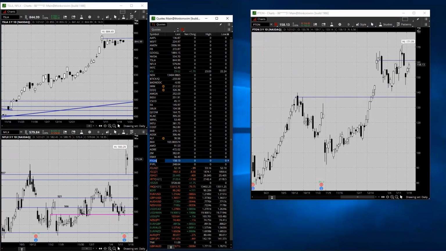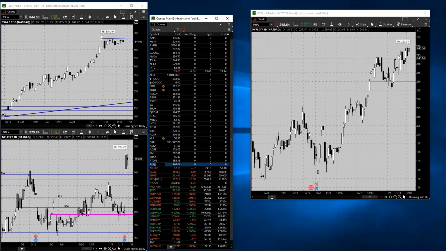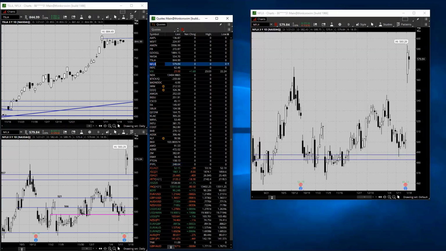Peloton. Still holding it relatively well here also. PayPal. Oh yeah, up at these highs. So you're not seeing anything to suggest this market is spooked. Netflix, as I said,